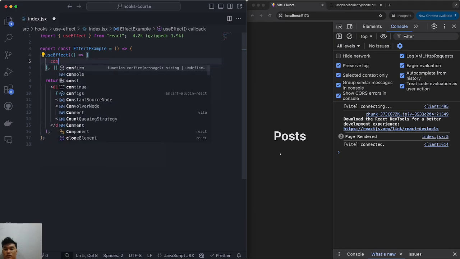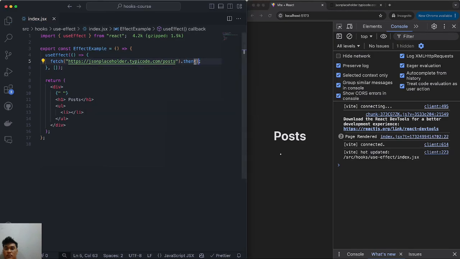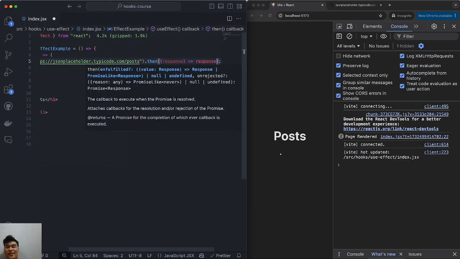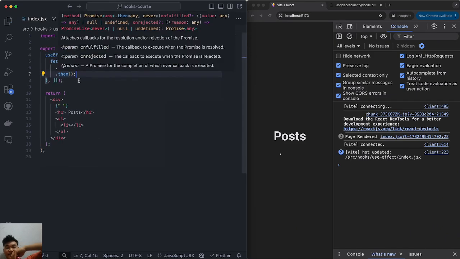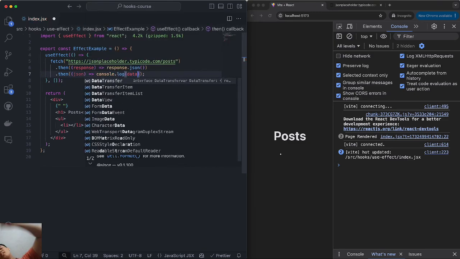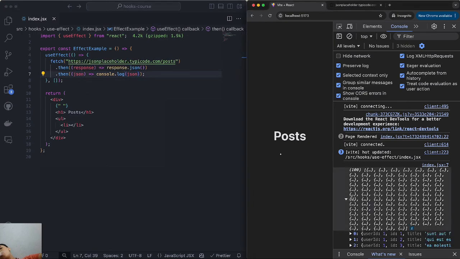So I'm going to come over here and I'm going to say fetch, and I'm going to put the JSON placeholder API link over here, and I'm going to actually use promises in this tutorial. So I'm going to say .then, I'm going to grab the response from this .then, and I want to turn that into its JSON format. And then I'm going to put another .then that will convert this into actual data. So I'll grab the JSON, and I want to do something with that data. Right now, let's just console log that data so you guys can see. Actually, I need to do response.json. And perfect. Now you should see that we get the console log over here with all of the data from